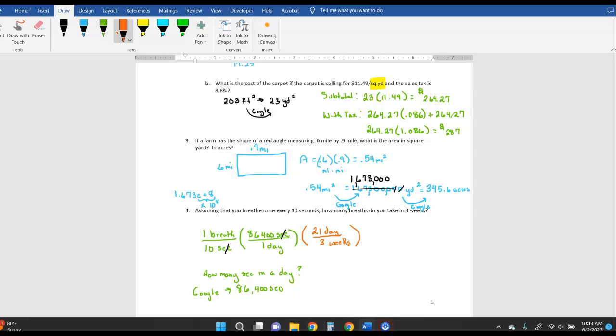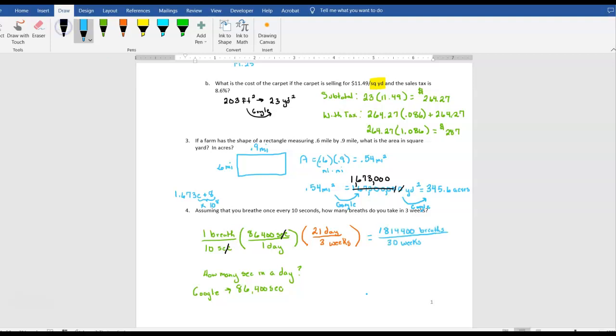So just by multiplying these together, 1 times 86,400 times 21 is going to give us, I believe, so I believe that we get